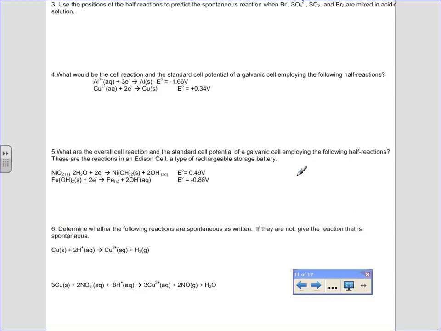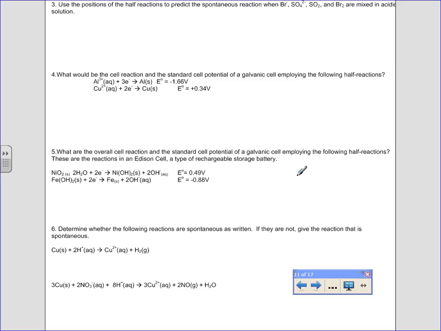In question 3, it asks us to use the positions of the half reactions to predict the spontaneous reaction when Br minus, SO4 2 minus, SO2, and Br2 are mixed in acidic solution. So this one is a little bit less straightforward. What you need to do is look at the reduction potentials and find the appropriate reactions that apply to these